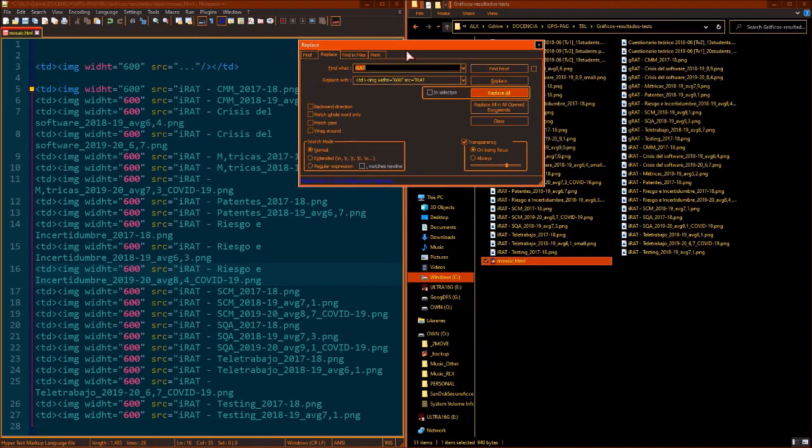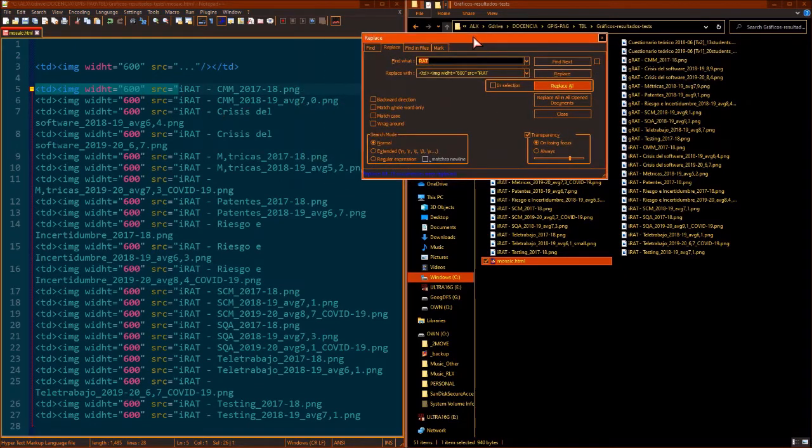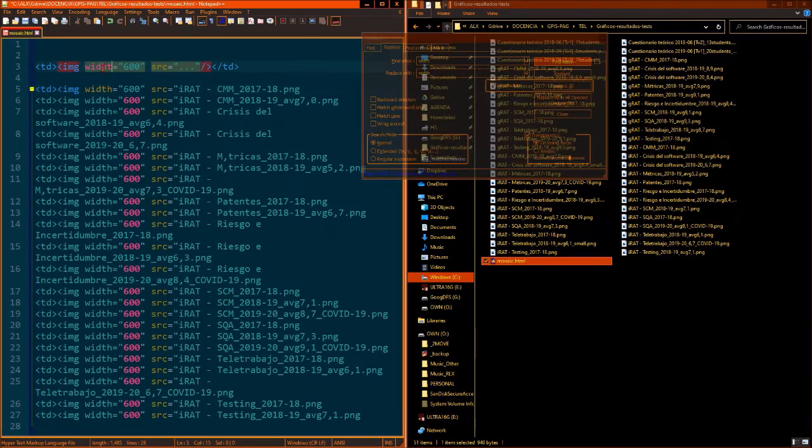Okay, so I just completed the first part of this HTML tagged images. Now I'm going to look for TD, sorry, HT, and I will replace it with the proper word, TH. So I'm going to press replace all. The only one that was not replaced was the first, the template. So now this is correct. Okay, so this is correct.